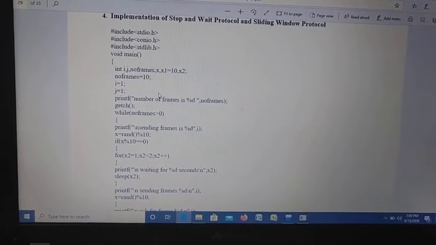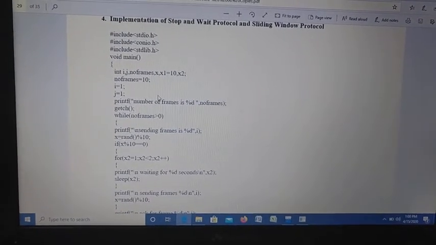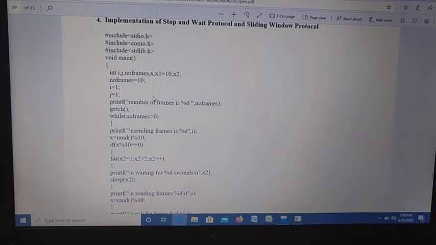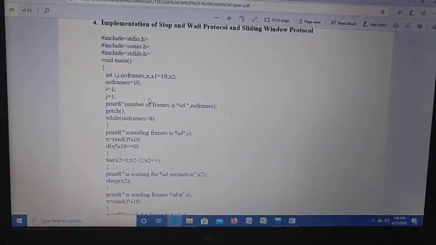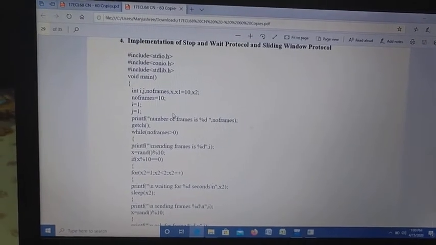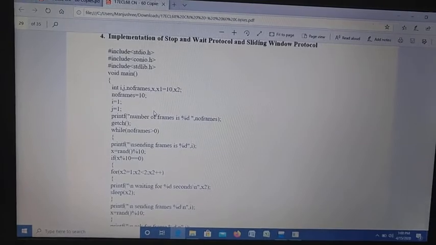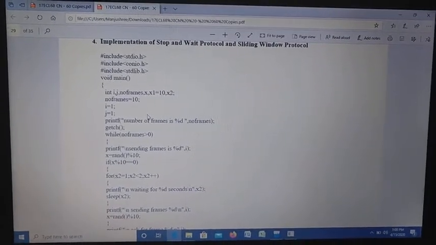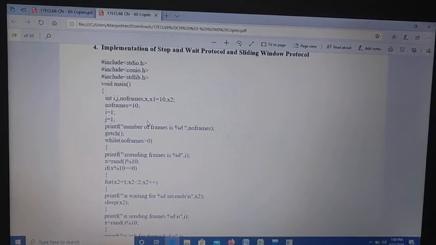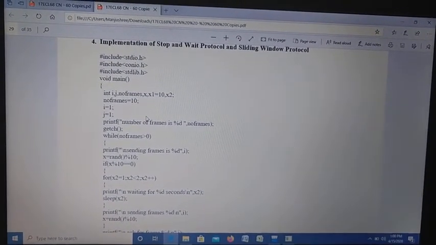Next we know that execution in a C program always starts from the main function. So here we have void main. Suppose you have only a simple main function, it is not returning any value. If you indicate void main, here also it will not return any value. Suppose you have an int main function, it is going to return an integer value. So here we have a void main function, so it is not returning any value.